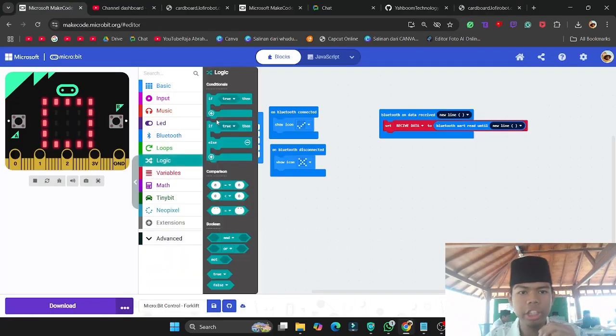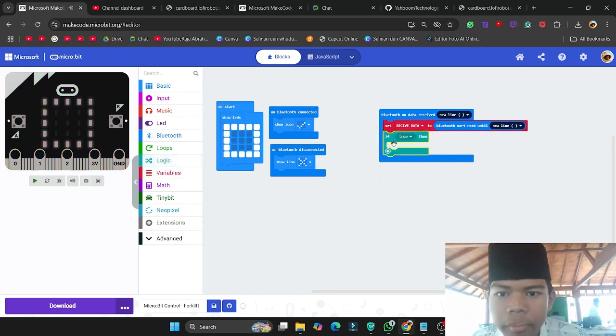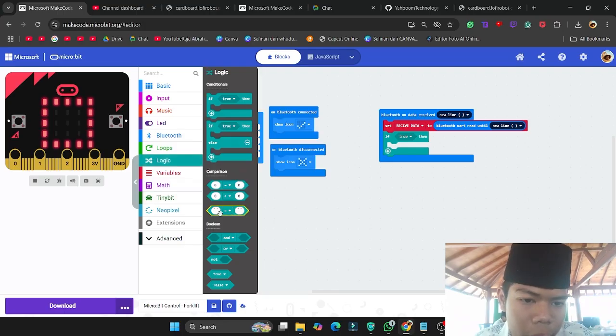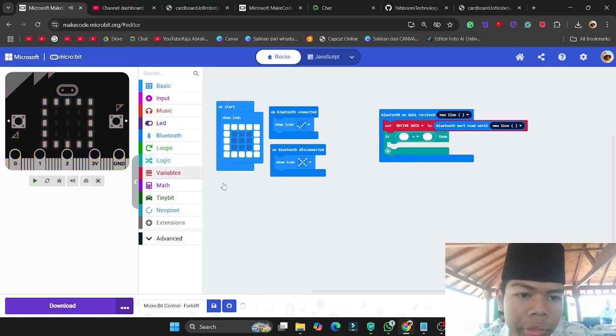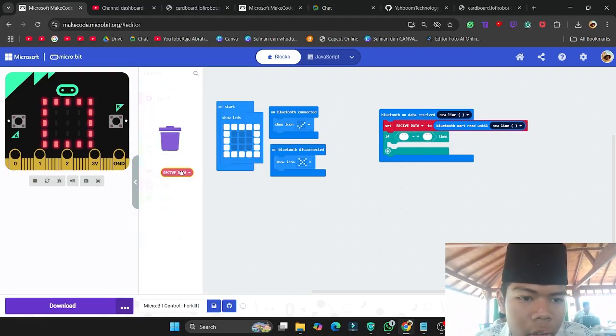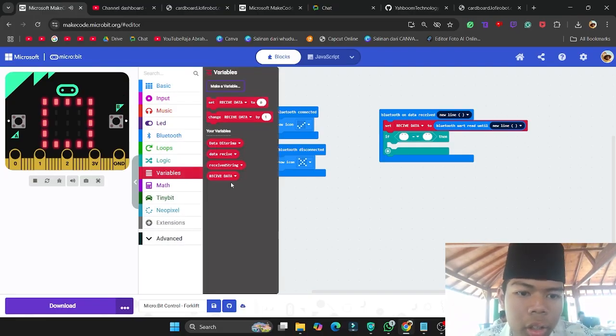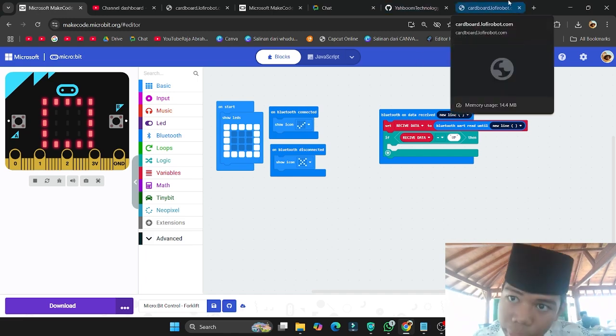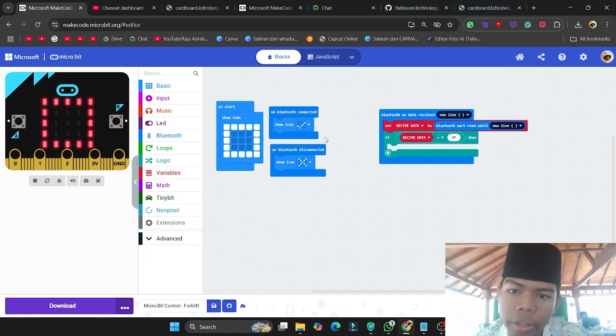So we're going to make the logic here. The logic is very simple. All you need to do is get a logic block, if then, and get another logic block that is equals, and we're going to take a variable, the data receive variable. So what this means is that when the data received from our website, Cardboard, is the string up, that means we're going to do something in this